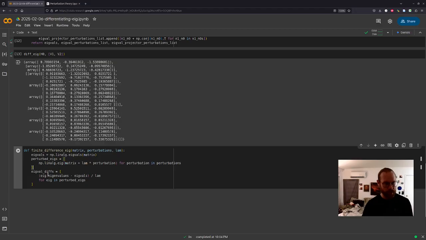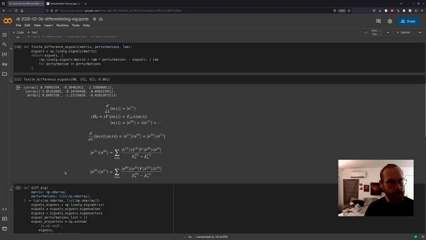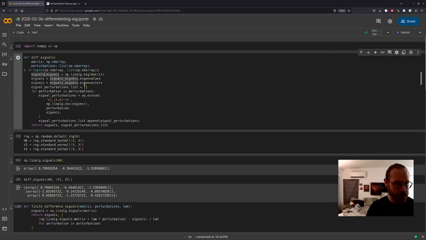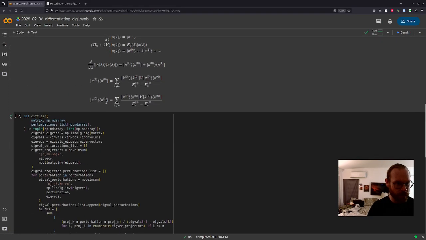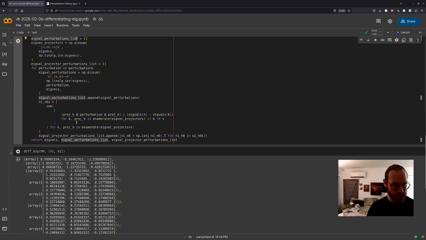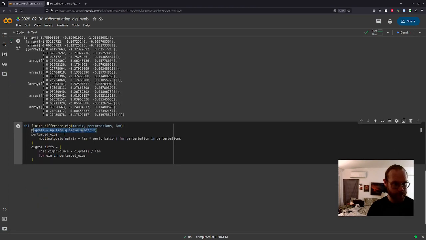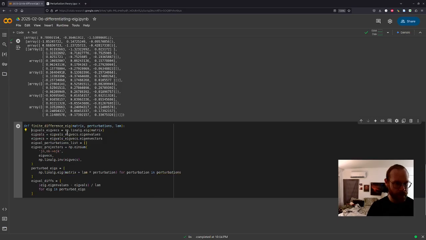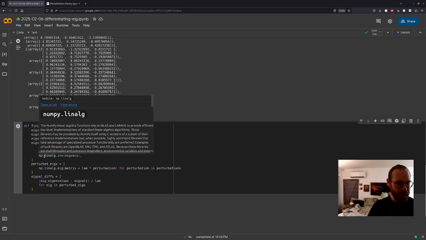Now we also need to get the original eigenvectors, which we'll do, and the projector onto the eigenvectors. So we'll do all that in the same way. We don't need this. Yeah, we don't need that. We already have that. Okay.